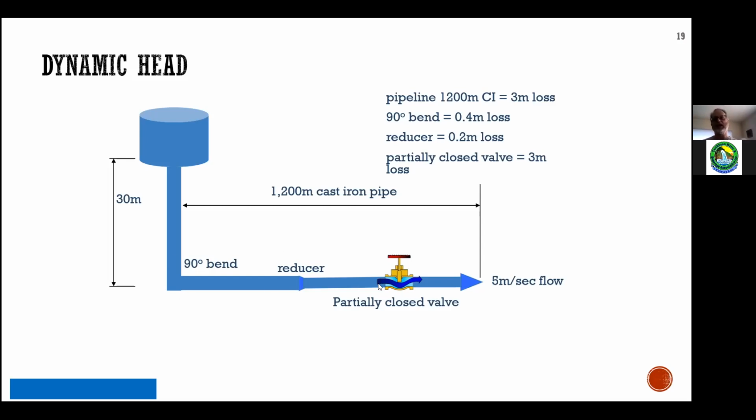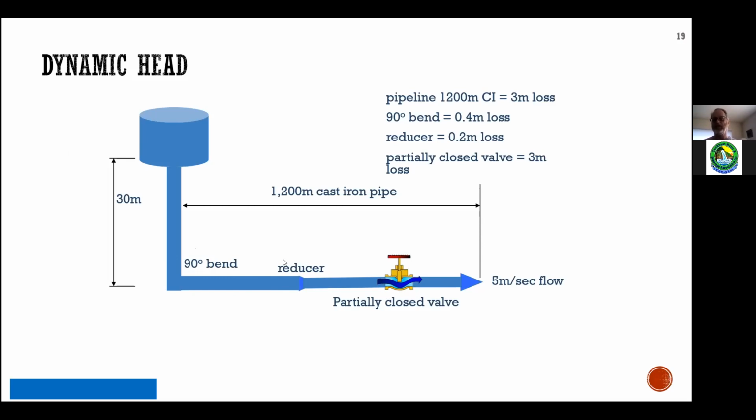So we can actually calculate how much head loss is through each of these features. The reducer, where we switch from, say, 200 millimeter down to 150, a 90-degree bend, and then a valve that's been throttled, which then increases the velocity,